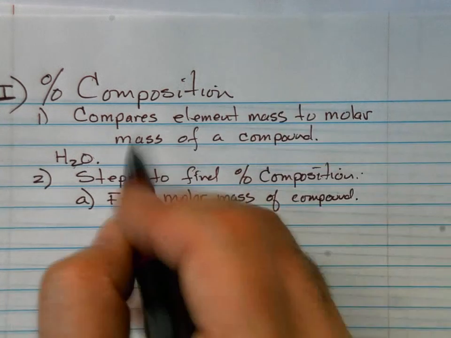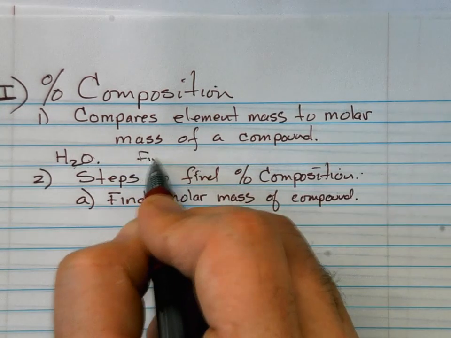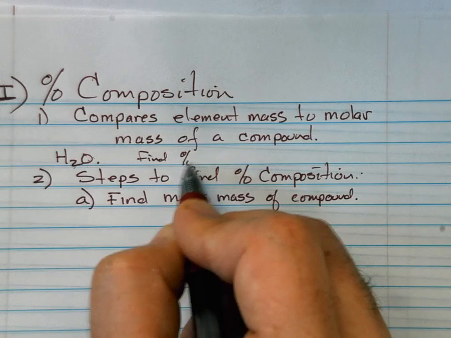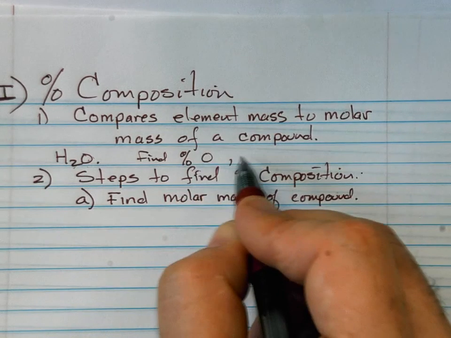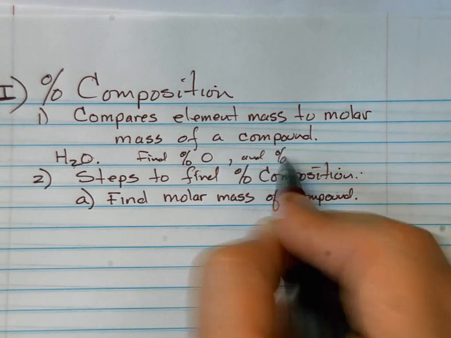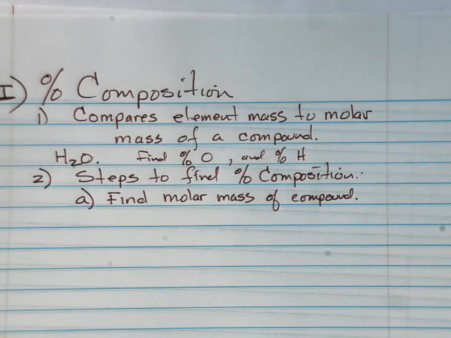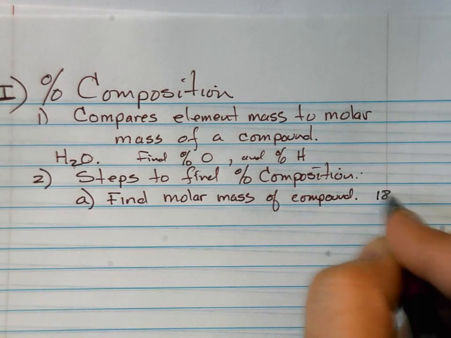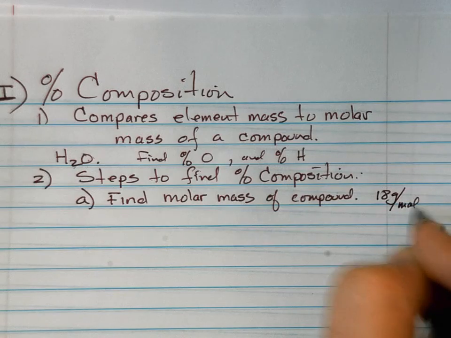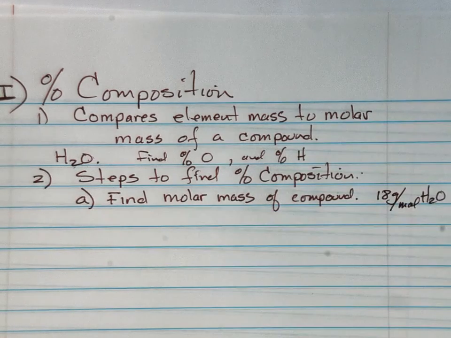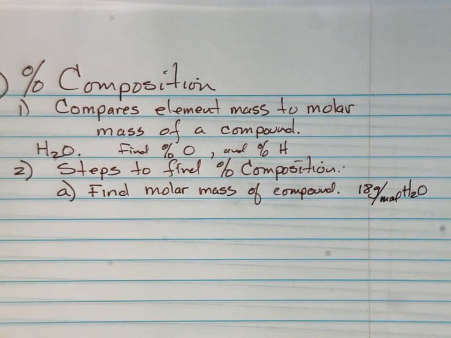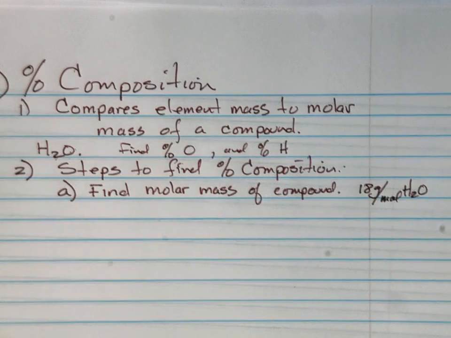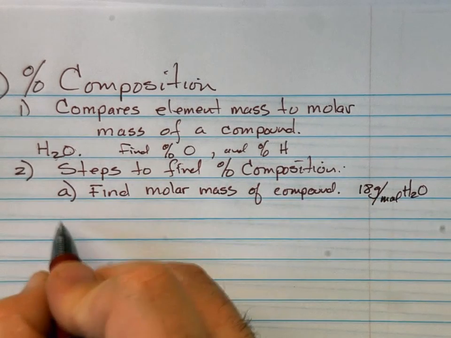Let's say we are trying to find percent oxygen and percent hydrogen in there. And the molar mass is 18 grams per mole of water. So there's the first step. We know how heavy that is. Then the next step,